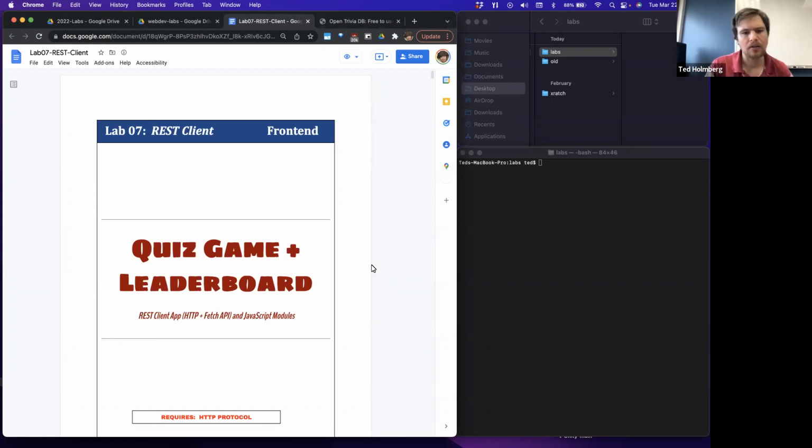In here, the big takeaways are we're going to learn what a REST client app is. And to build a REST client app, it's going to be dependent on concepts that are related to HTTP and the JavaScript Fetch API. We've seen a little bit of this in the prior lab when we did the contact form. And then we're also going to look at another thing that we haven't looked at yet,